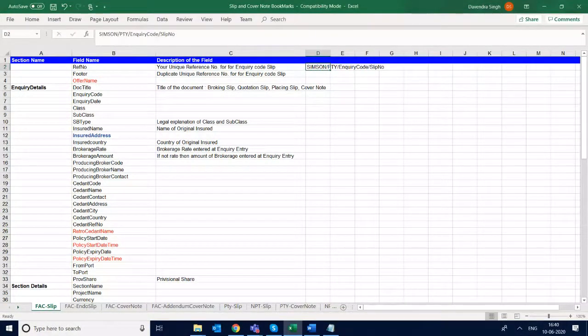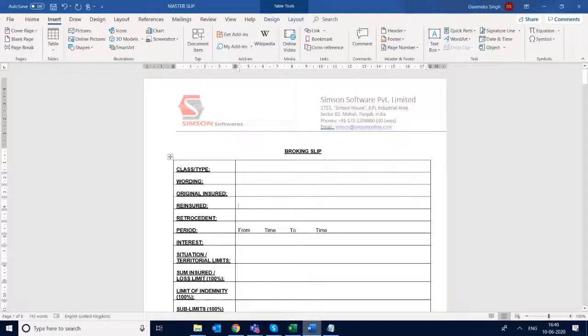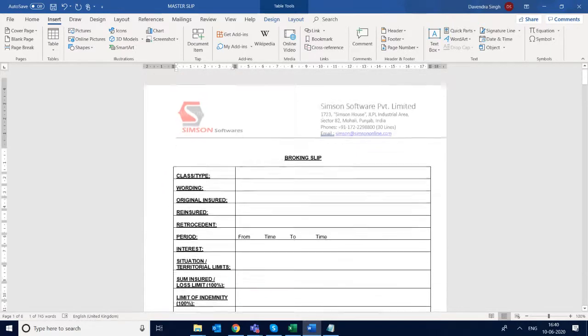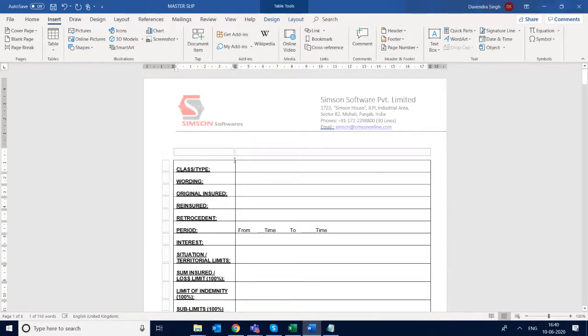This is a technical thing. If you want something different, then you can ask us. This is a duplicate for the footer, like in the Word file you see here. Some people want it in the footer also. There's a reference number in the footer, and the reference number may be a column here.